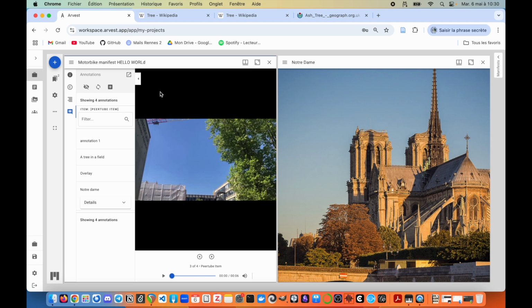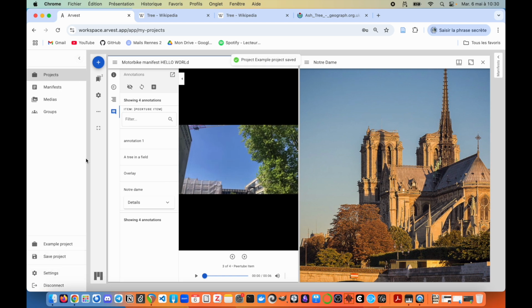As you can imagine, I can go ahead and save my project, and if I create snapshots of projects and things like that, then the annotations will all be wrapped into the snapshot, and we can share all those things and it'll work fine. So that is pretty much the end of the basic